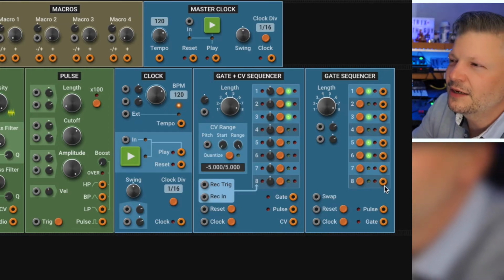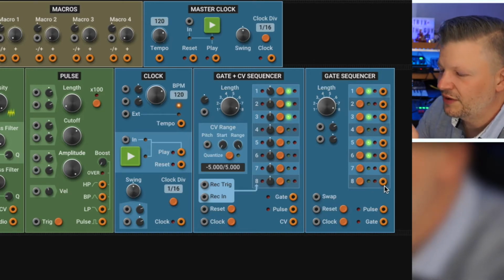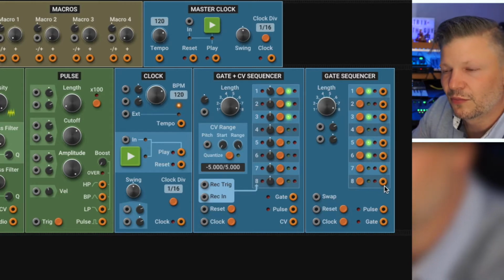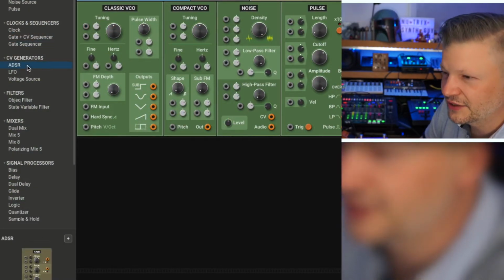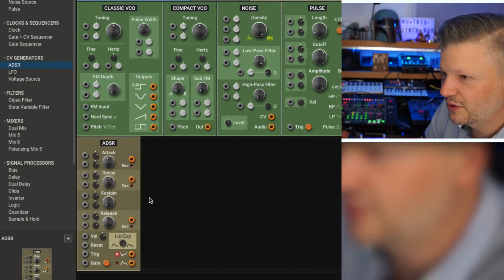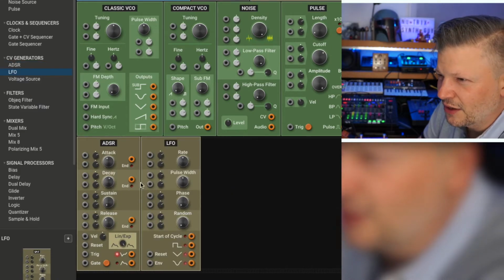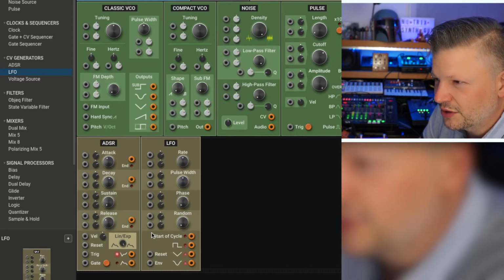Now keep in mind that in a modular synthesizer you would have a cable where you can combine two cables into one, so you can split or merge. Then you have AAS envelopes, so traditional envelopes. You have an LFO, which is again, and what I like, all of them have two inputs of